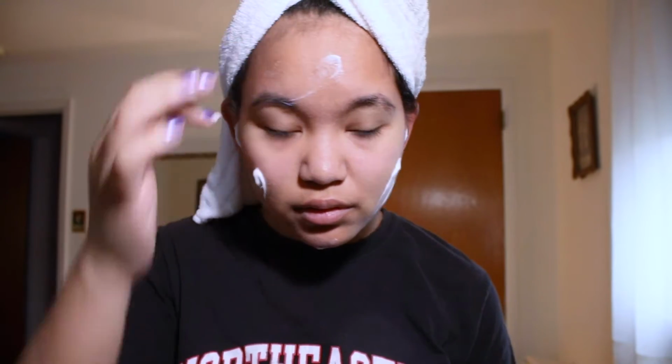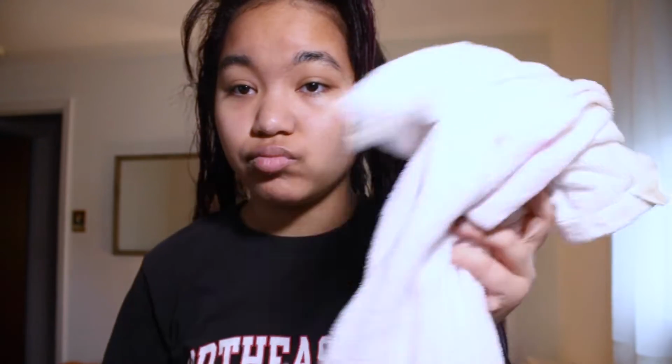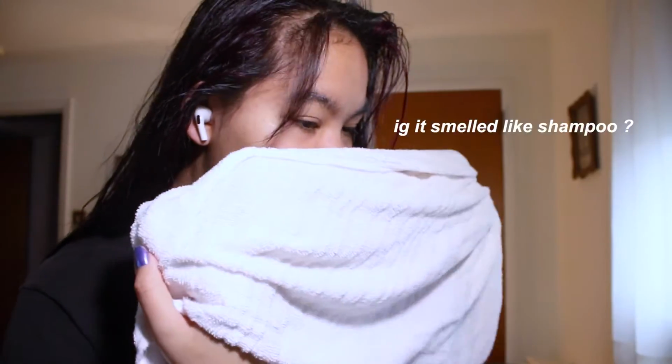I use the e.l.f. Happy Hydration Cream, and so I just rub that into my face, you know, as you do. Honestly, this towel was really nice because it was just the perfect size. I just borrowed one from my grandmother and hoped that my hair dye would not bleed into it, but it didn't, so that's good. So I took my hair out of its little towel and I put this curler in